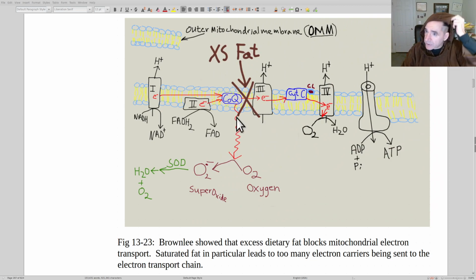Dietary fat, especially saturated fat, will inhibit electron transport on the mitochondria and the intermitochondrial membrane, and that's going to cause things to go backwards. The big guy who figured out a lot of this stuff was Michael Brownlee. The guy's a genius. We talked about that. What a great paper. He wrote the best paper ever on diabetes.